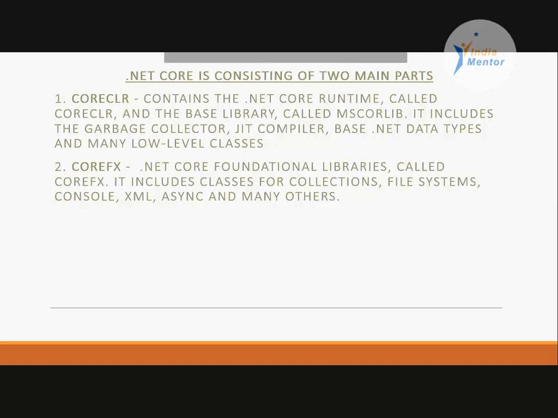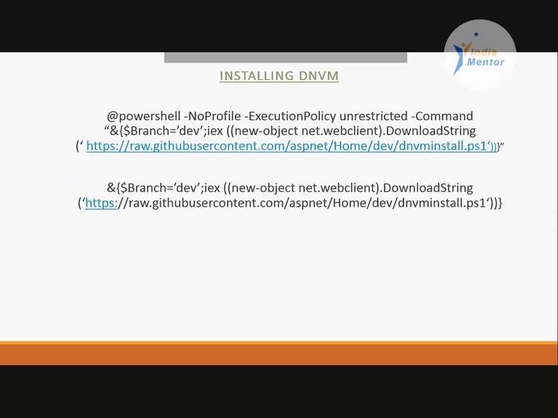So in this way, they have segregated, for example, the file system handling. If you were to take this .NET Core to a new platform, you would not be making changes to the core CLR but only to the file system part of the core FX. What would you need to get your development going using .NET Core? So Microsoft gave you the DNVM. It gave us all the core libraries to get the code executed on the different platforms, but at the same time we needed the tools also to develop on these different platforms.